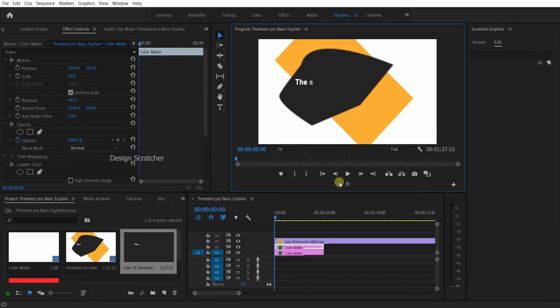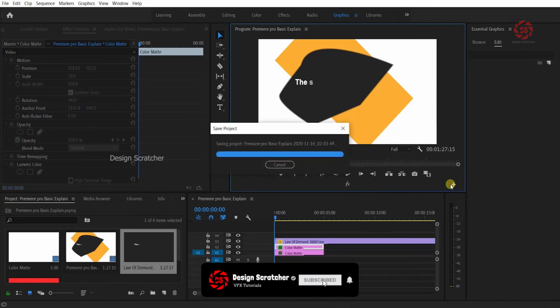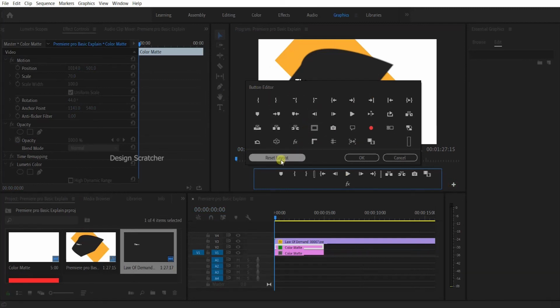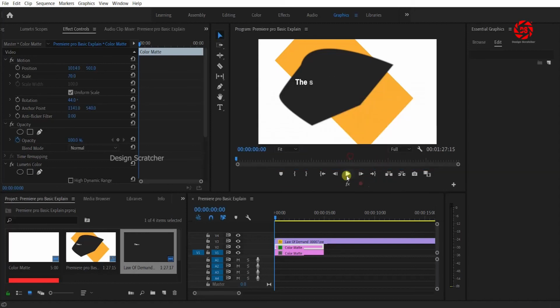And same like that. If you disable all of the effects, a single click will disable all of them. Then after that, if a beginner opens Premiere Pro, the effects are not showing. How to enable them: go to the plus. Here will be the button editor, everything here only. Reset layer also, you can do everything here also. And check it and drag it to the timeline. Drag it to that layer and click on it. Automatically the effects icon will be added.